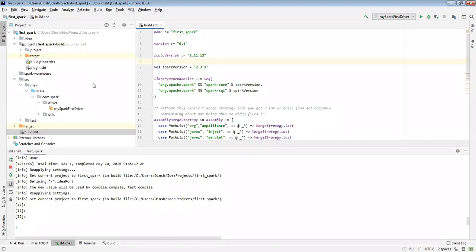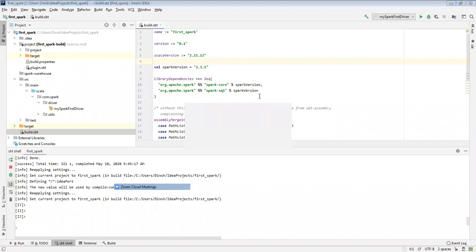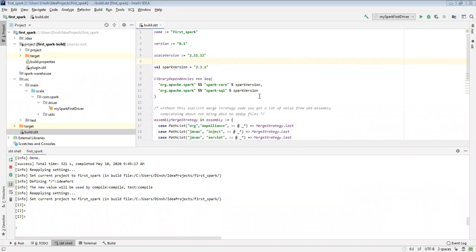If I'm creating an SBT project, this is what I'll have. This is my SBT file. In this SBT file I'm adding dependencies. Right now I have added the Spark Core and Spark SQL dependencies. In the same way, if I'm using MySQL, I need to add a MySQL dependency. If I'm using Oracle, I need to add an Oracle dependency. If you want to know how to find the MySQL dependency, is everyone able to see